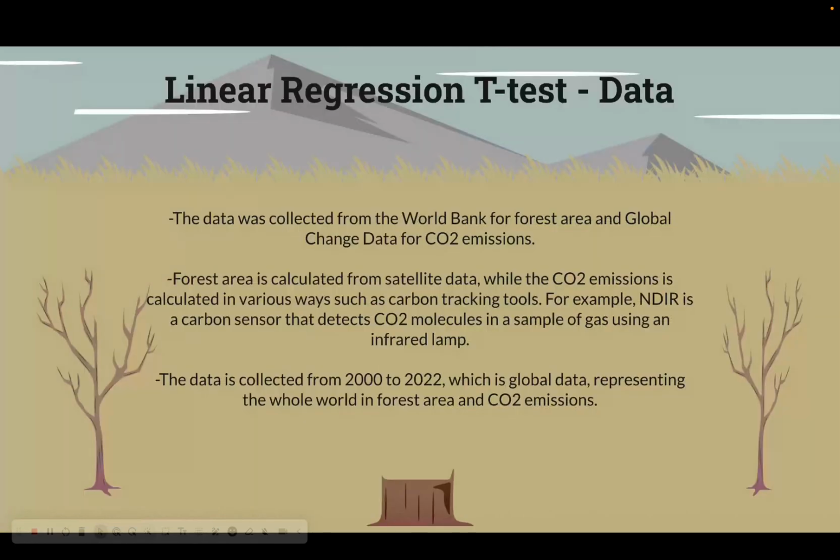The data that I will use for this project was collected from the World Bank for forest area and Our World in Data for CO2 emissions. Forest area is calculated from satellite data, while CO2 emissions are calculated in various ways, such as carbon tracking tools. For example, NDIR is a carbon sensor that detects CO2 molecules in a sample of gas using an infrared lamp. The data is collected from 2000 to 2022, which is global data representing the whole world in forest area